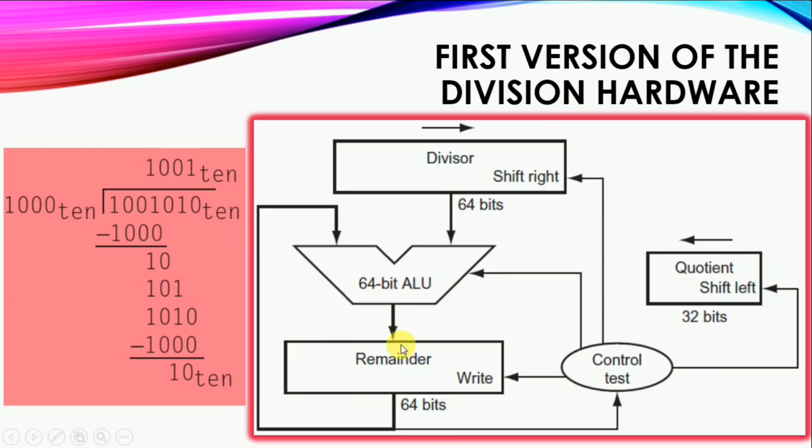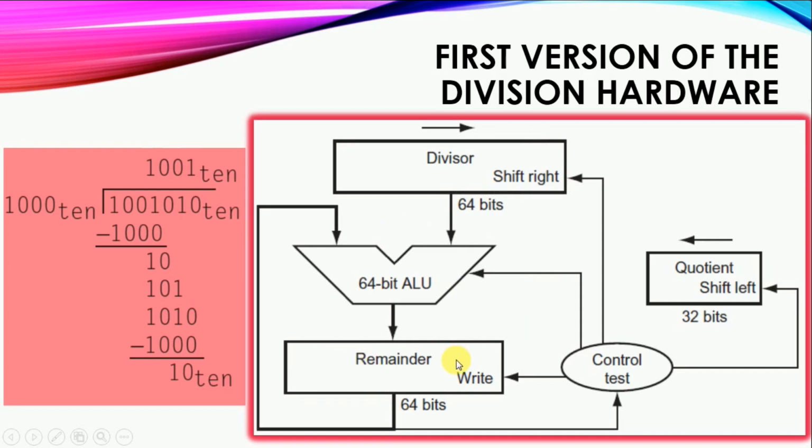In the first step, the divisor is subtracted from the remainder and the value is loaded into the remainder register, and we check whether the result is negative or positive. If the result is negative, a control signal is generated to shift the quotient register left, the LSB of the quotient register is set to logic 0, the divisor register is shifted right by 1 bit, and we restore the remainder content by adding the divisor back to the remainder, storing the result in the remainder register. This is the general operation.